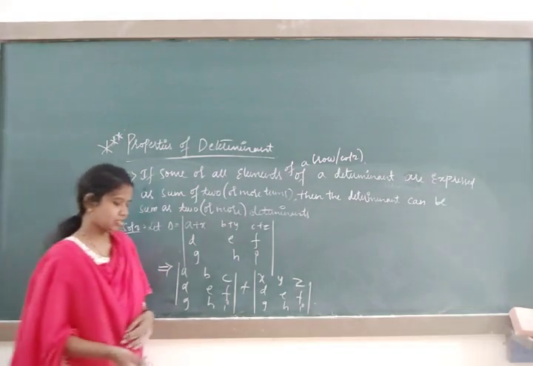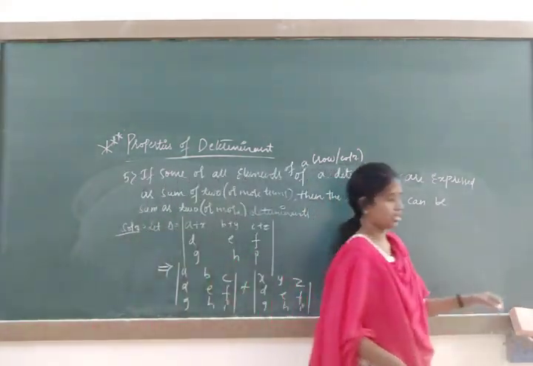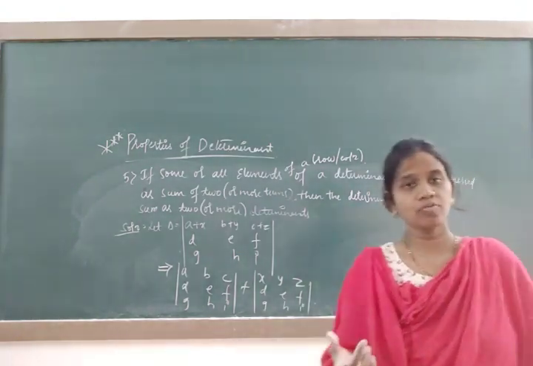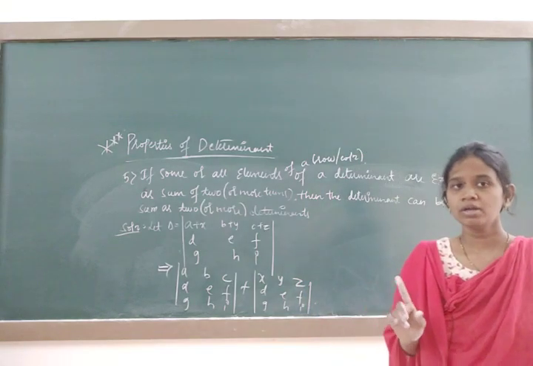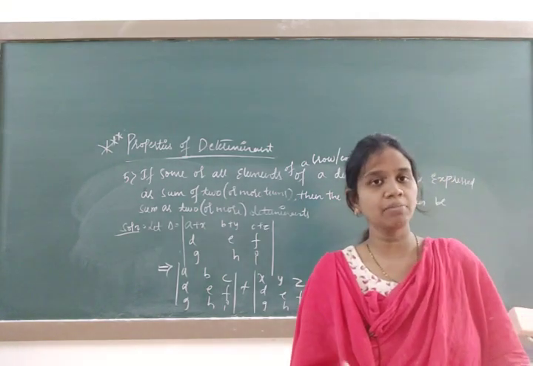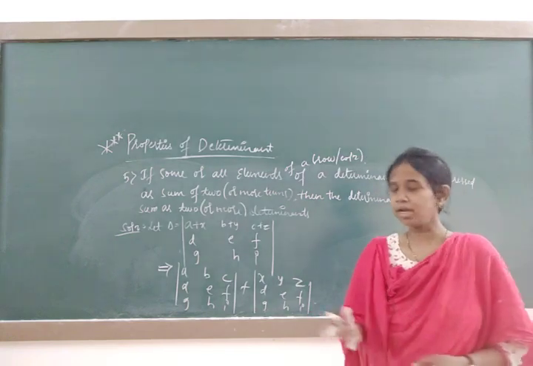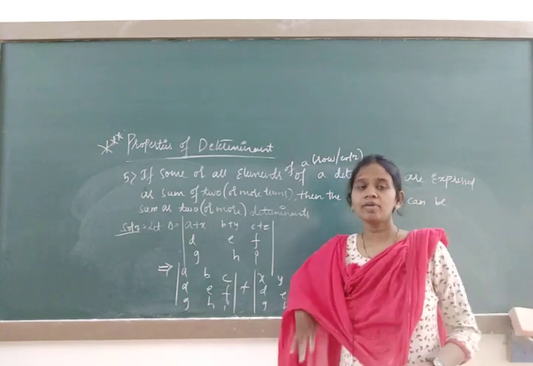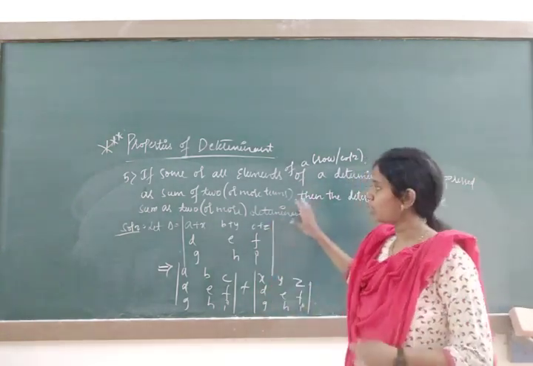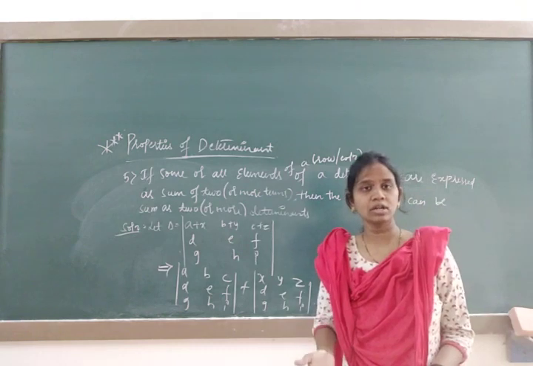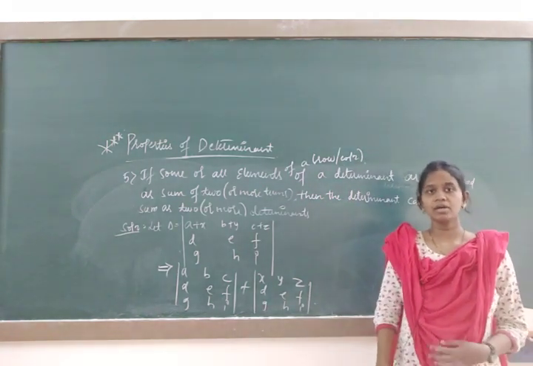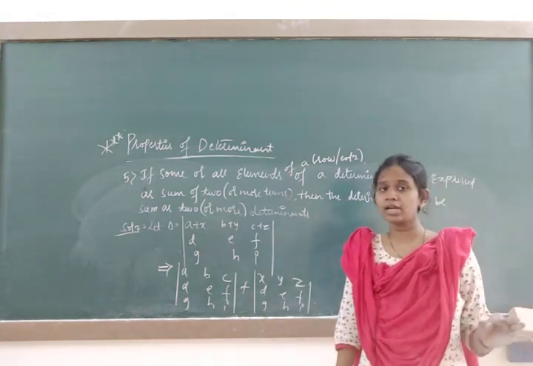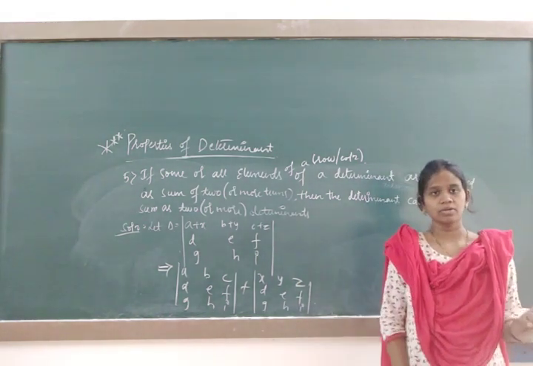So in today's class we have studied the properties of determinants. Based on that, you are going to face one problem for 4 marks, question number 50B or 49B. Those problems we do not expand directly; we have to prove the results with the help of the properties we have learned. We will meet in the next class with the problems that are important for 4 marks, and today's first and second properties are important for 2 marks. Okay, thank you.